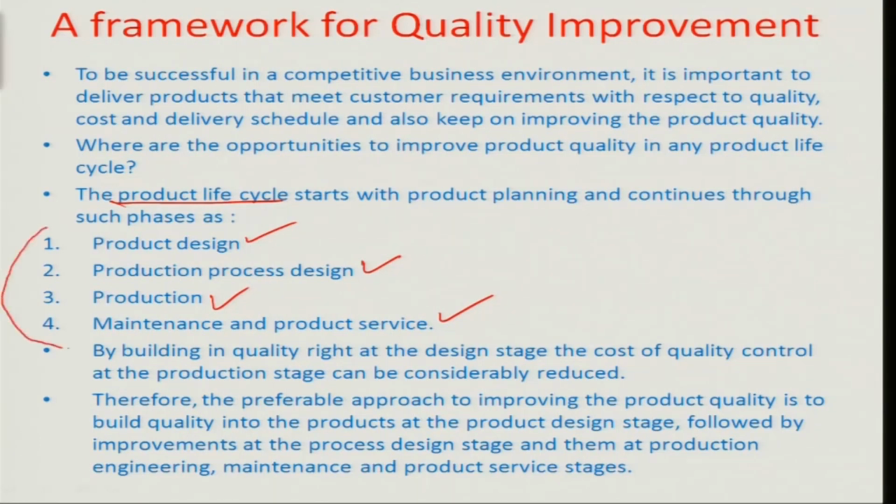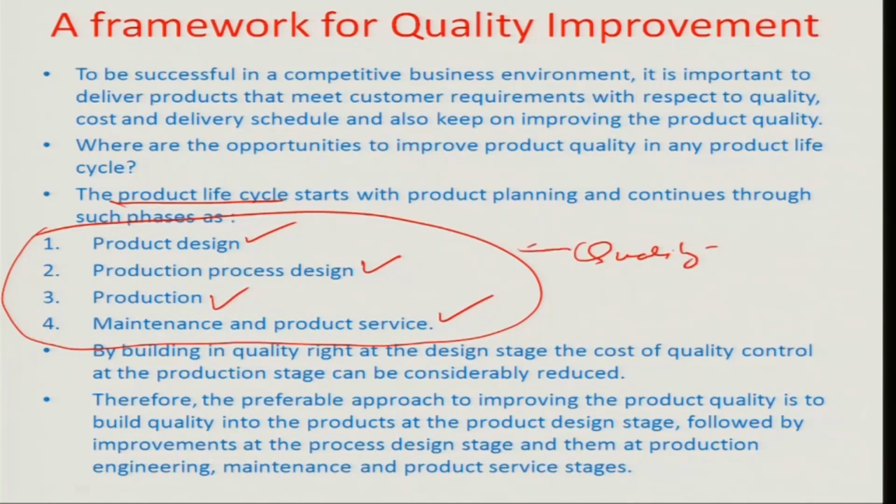So these all four formulate a part of the product life cycle. So there has to be a presence of quality in all these four stages, and you have to build a framework so that there is a possibility of quality improvement at every stage of this product life cycle, so that you can build the right quality